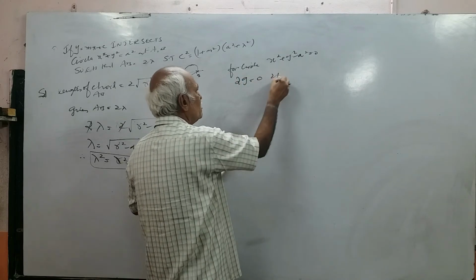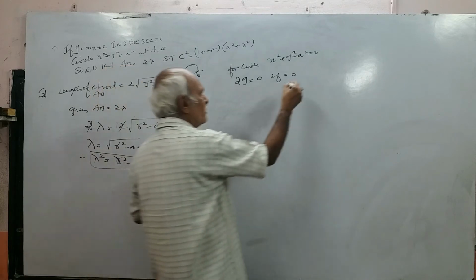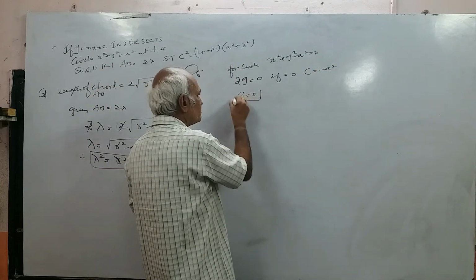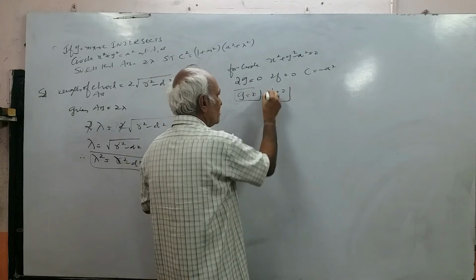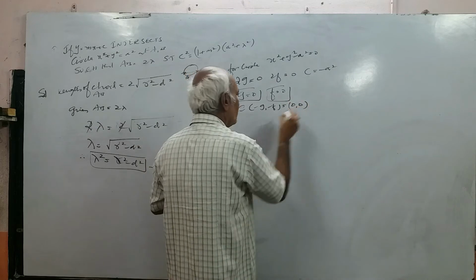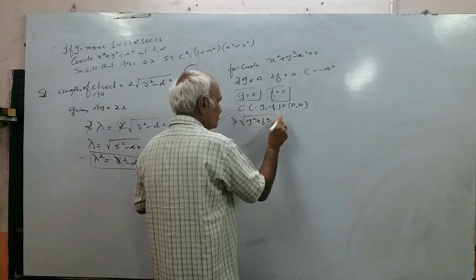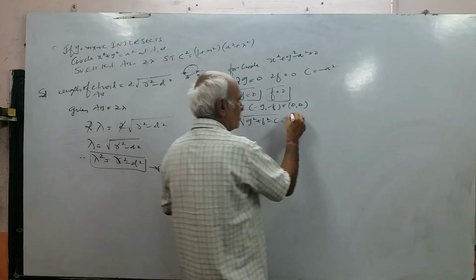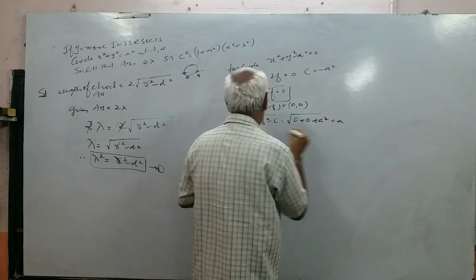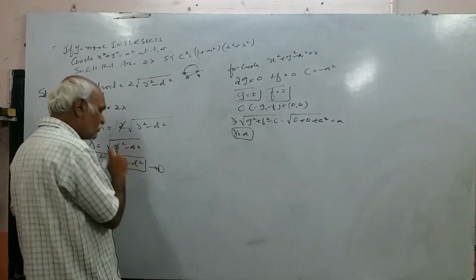2g is equal to 0. Because there is no x and y term, 2g and 2f will be 0. c is equal to minus a square. The center is minus g, minus f, that is 0 comma 0. What is the radius? Root of g square plus f square minus c. So 0 plus 0 plus a square, that is a. What is the r value? a. So we got the r value and now we require the d value.